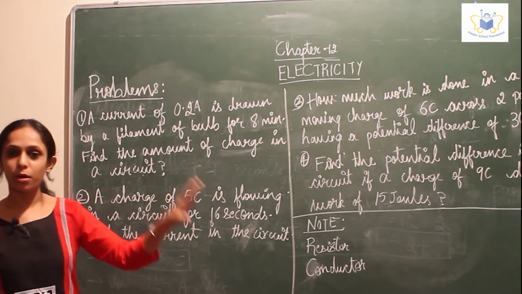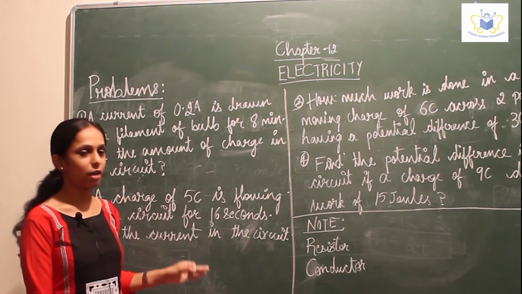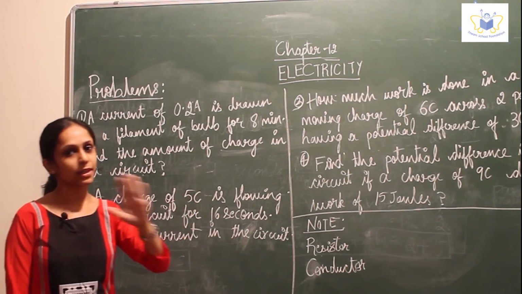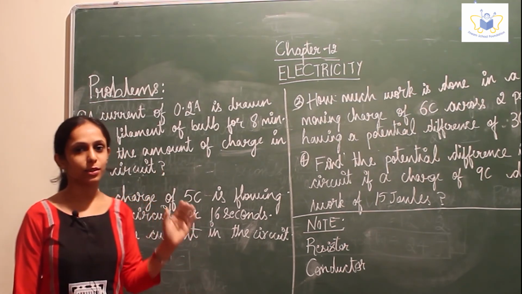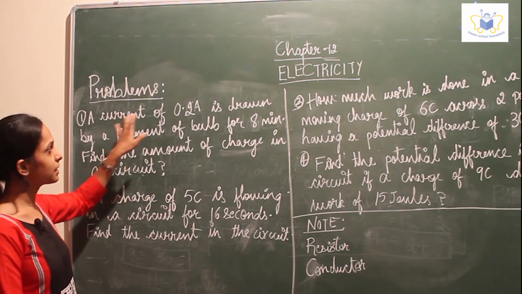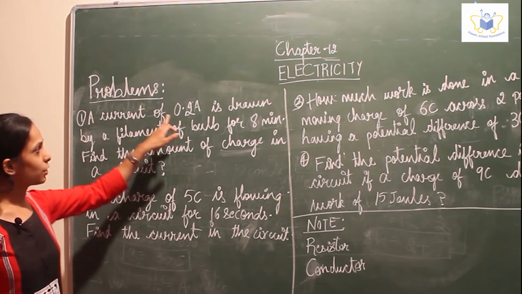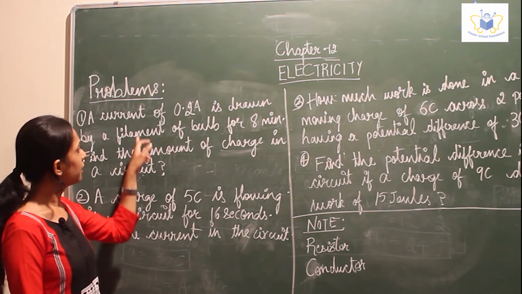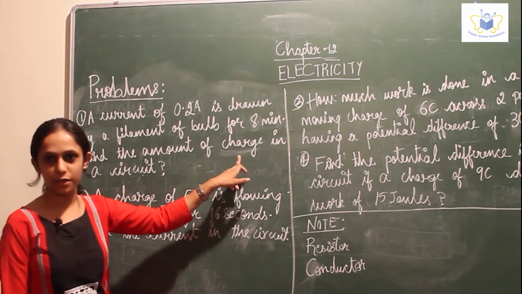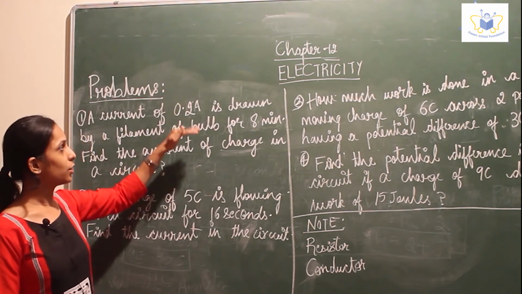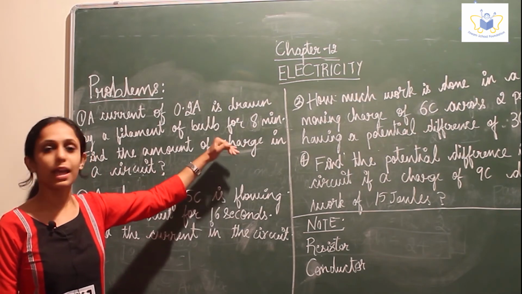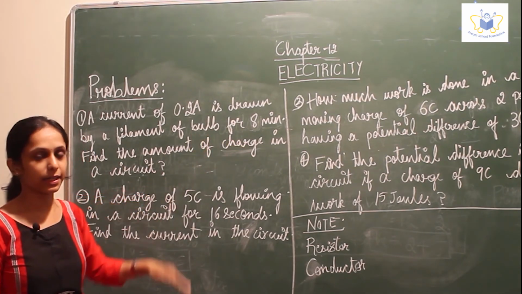So these are 4 problems for your homework. Please solve it. So these are same like your previous problem. So if you can solve this, 2 marks is in your pocket very easily. So please solve it using the same 2 formulas. So understand the question. This is same like first question. A current of 0.2 amps is drawn of a bulb for 8 minutes. Now you are supposed to find the charge just like other. So just write down what is given. I and T is given and what is Q. Use the formula, find it out.